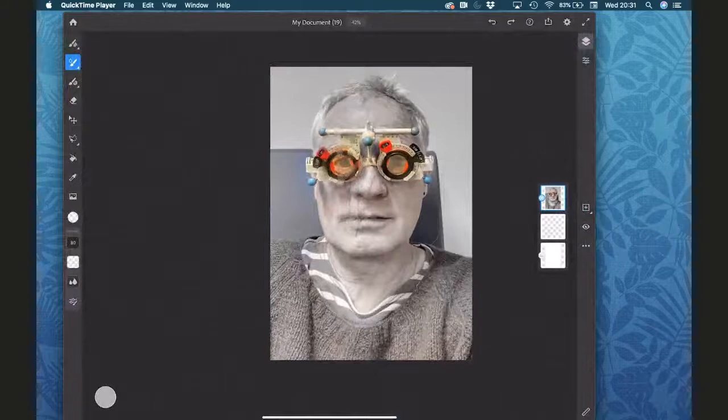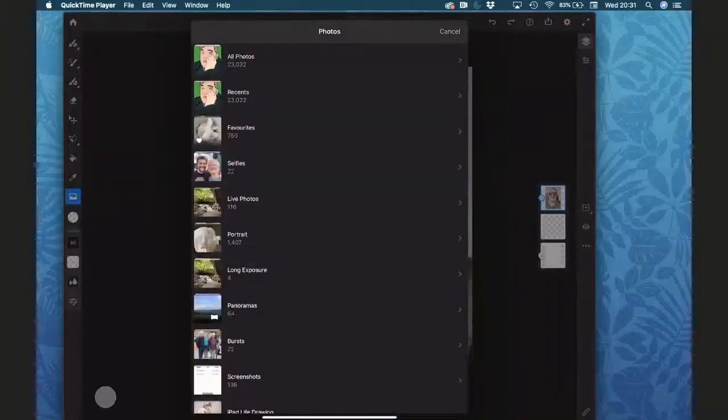You can see how that's blurring the image. Do it with the pencil. And I could then bring that image that I created,